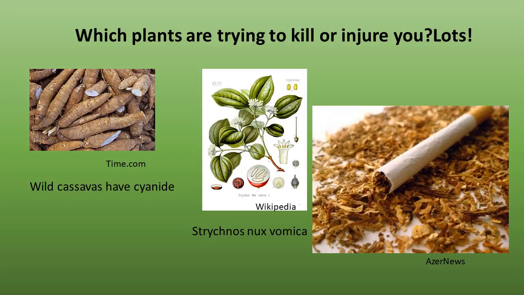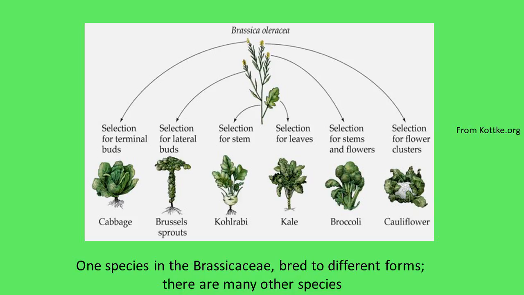Well, some of them are pretty obvious. Strychnine in the nut Strychnos nux vomica. The vomica is obvious. There's nicotine, right? We use it for pleasure, but basically it's to try to kill you. And a lot of plants have protease inhibitors that stop us from digesting their proteins. It works on insects, it works on us.